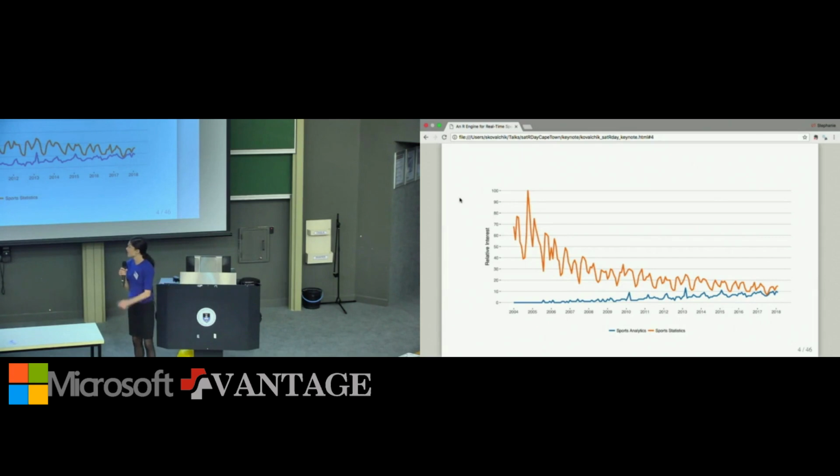Now you can see that early on, sports analytics in the early 2000s is essentially non-existent. Today, it's on equal par with sports statistics, which shows industry's change and embrace of the kind of academic work that previously they were either unaware of or didn't think was worth their time.